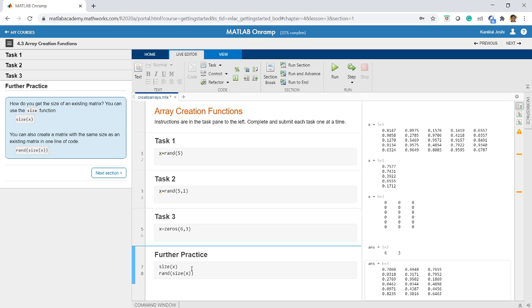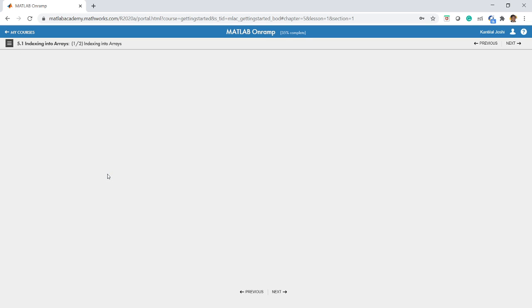EIG, right? EIG is an inbuilt function in MATLAB. If you want to take the cosine of an angle, what will you think? COS or cos, right? Exactly. So this function is available in MATLAB. That is the advantage of MATLAB, that the names which you can intuitively think are mostly the function names also. Let us move on to the next section and see what is in store for us.